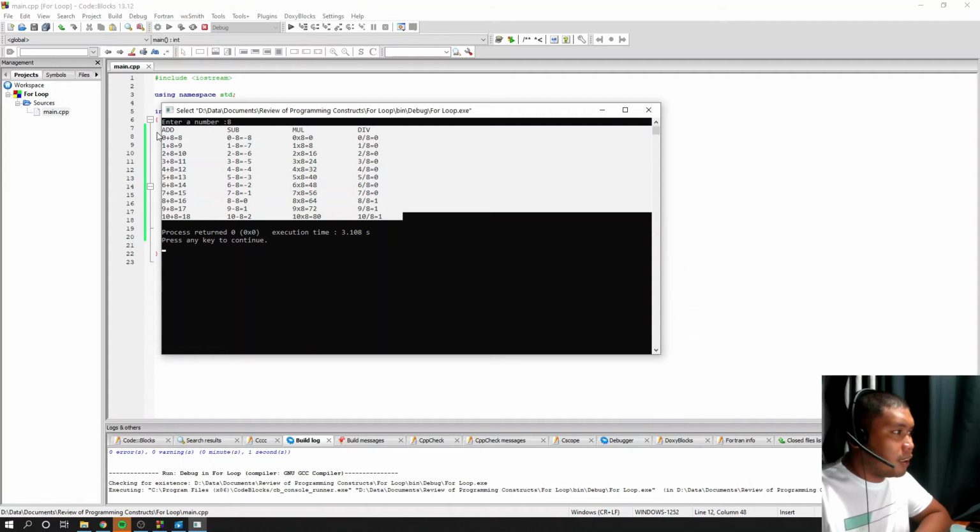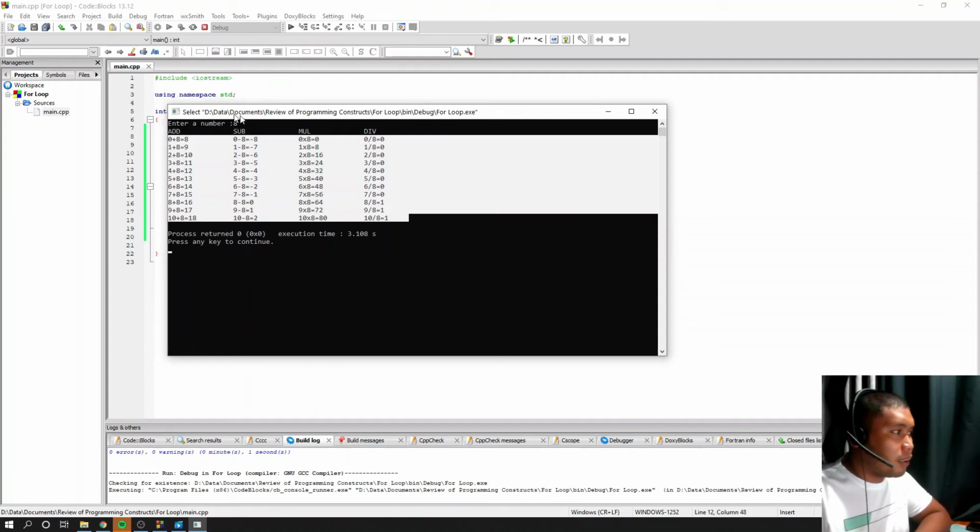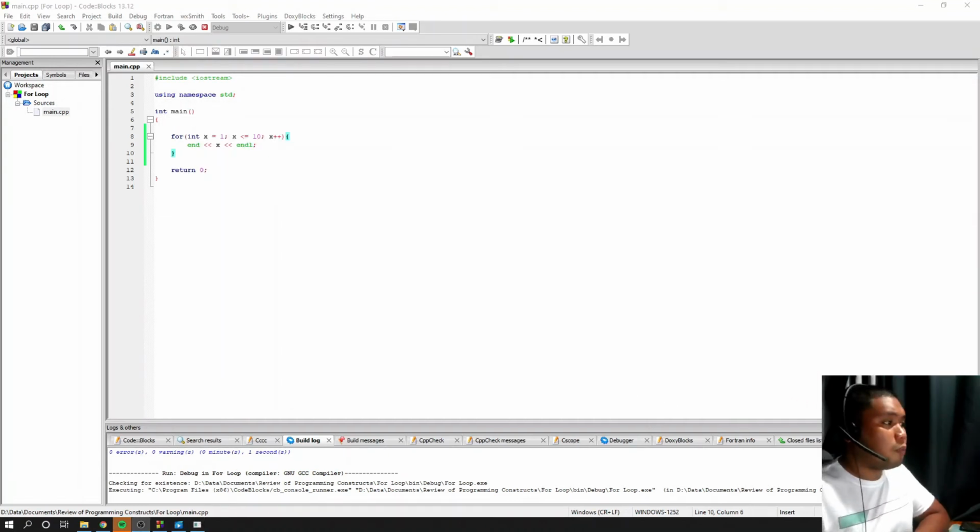So next is another program that uses a for loop. Before we proceed to another program, let me show you how we can control and manipulate a loop. First we will use the for loop, then next time the while loop. Usually we control the loop by the condition and also by the increment. So for this example, we have a for loop that loops 10 times